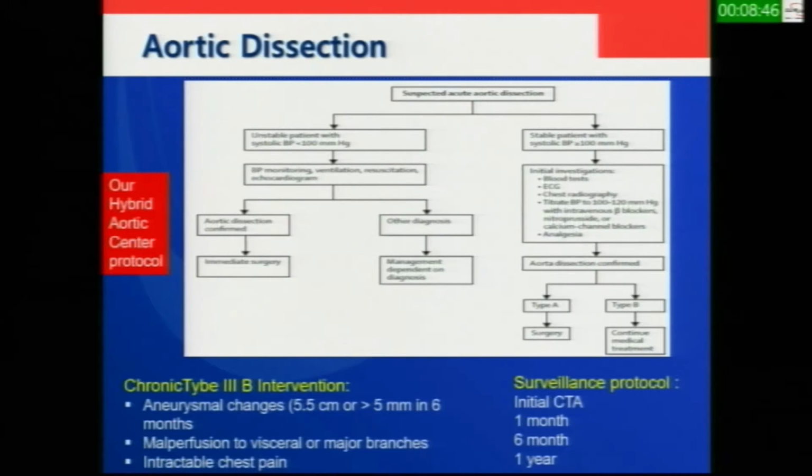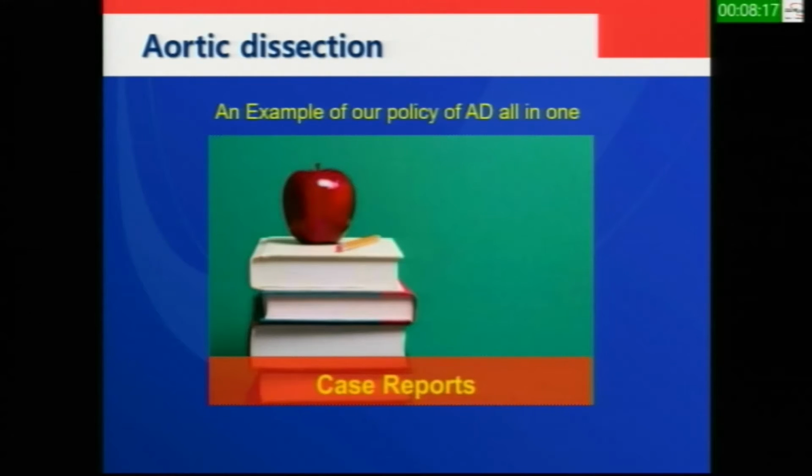In a stable patient, we do initial investigation. If aortic dissection is confirmed, according to the type, in type A we do surgery, in type B we continue medical treatment, and we intervene in chronic type B in case of aneurysmal changes, malperfusion to visceral or major branches, and intractable chest pain. Our surveillance protocol is initial CTA at admission, and at 1 month, at 6 months, and at 1 year. I will show one case with 5 years of intervention and follow-up that represents our policy